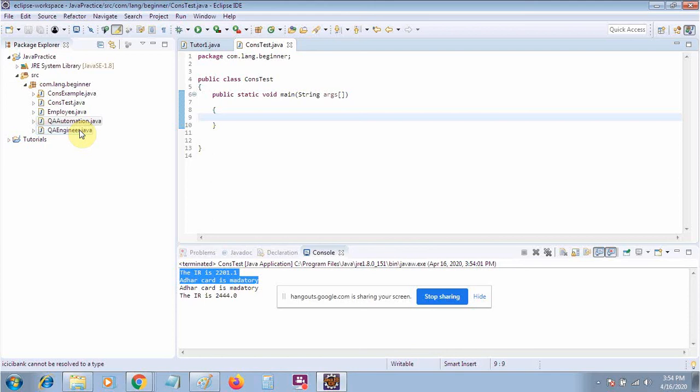So when we need 100% abstraction, we follow the concept of the interface. First, understand what the interface is. Let's follow the concept of the interface.